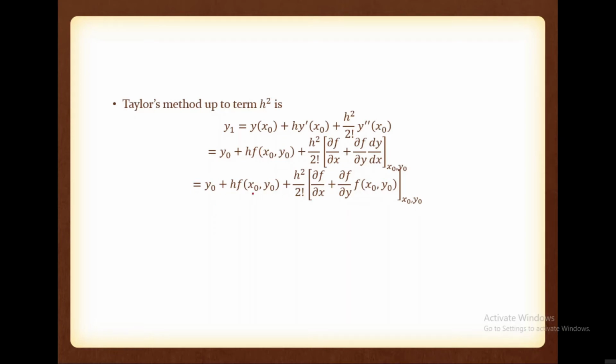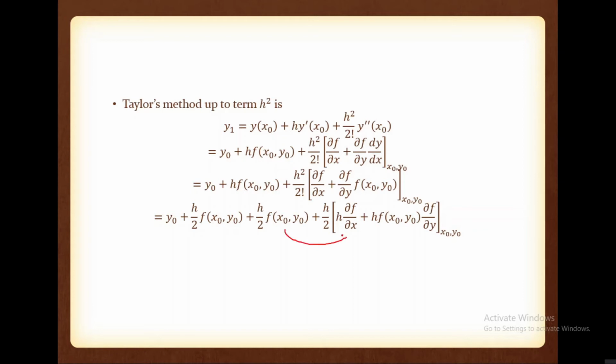Now split this one into 2. So we have y0 plus h by 2 into f of x0 comma y0 plus h by 2 into f of x0 comma y0 plus, now one h term is taken inside, so the remaining is h by 2 into h dou f by dou x plus h f of x0 comma y0 into dou f by dou y. Now take this one into this bracket. So h by 2 is common, so we can write this one as,